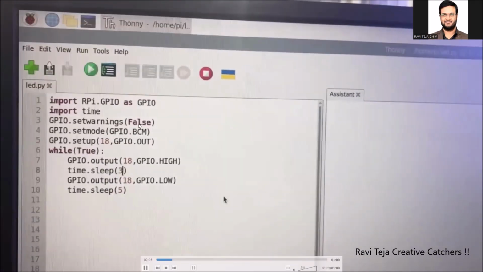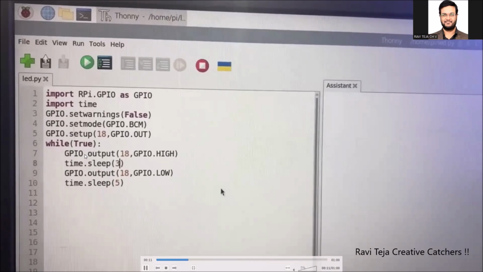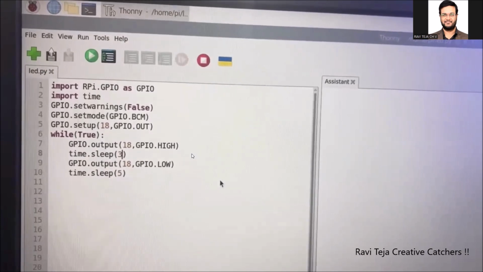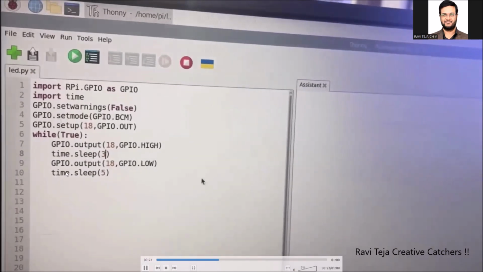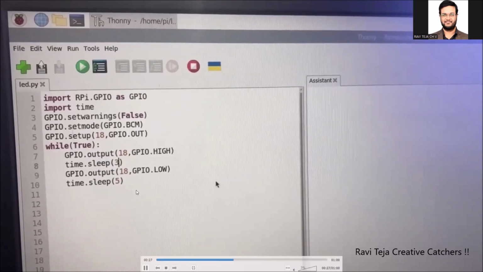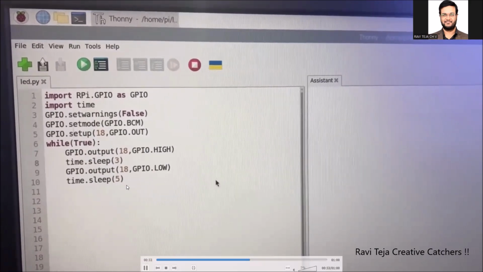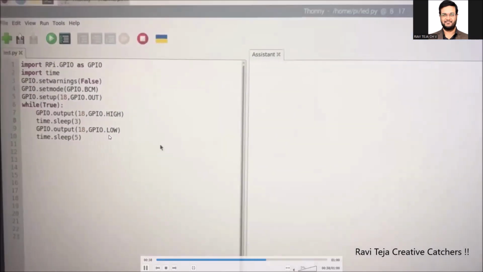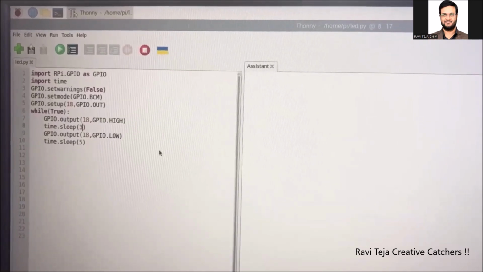If you see the condition over here, as we are keeping it in a while True loop, the GPIO.output with respect to the 18th pin needs to be high. For how many seconds? I have kept a delay of 3 seconds. After 3 seconds, I am again making the GPIO.output pin, that is the 18th pin, low. For how many seconds? Here I have given a delay, time.sleep of 5 seconds. So after 5 seconds, again it goes to high, and after 3 seconds, again it goes to low. This is how the logic has been given, and you can use any number of delays according